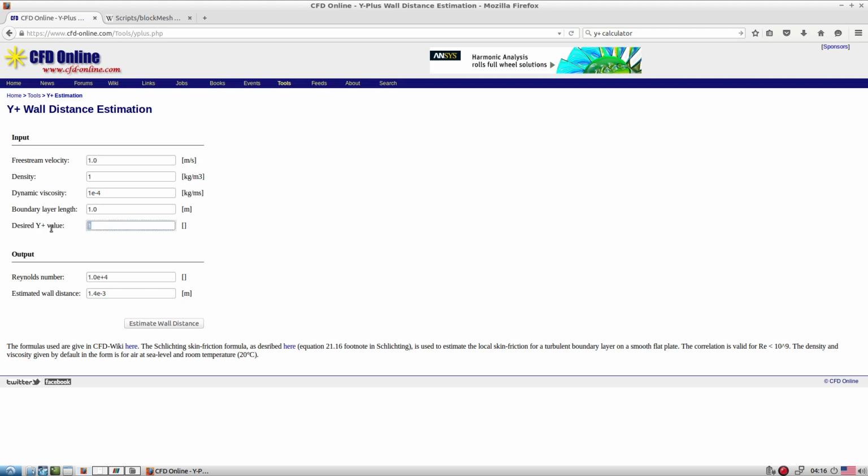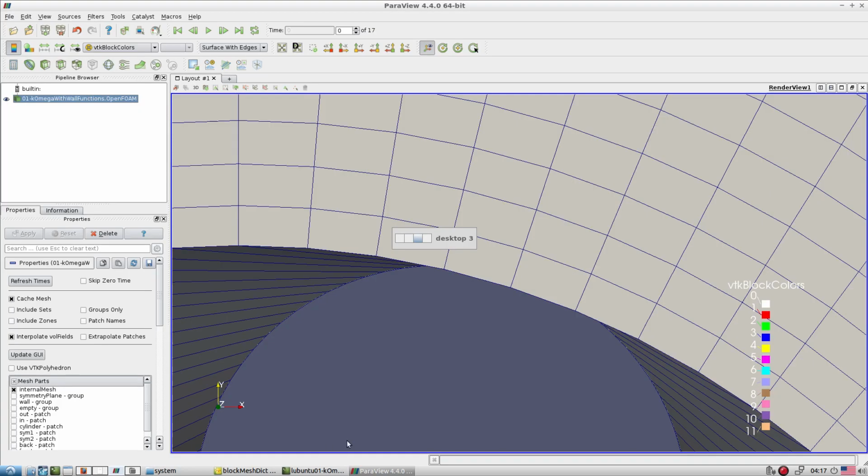But if you want to give a wall treatment with y plus 30, then whatever you get, give a little bit larger value, so you make sure that near all the solid walls everywhere the y plus values are more than 30. So this is the idea behind that. These are a few things please try to take into account while you are working with turbulent flows.